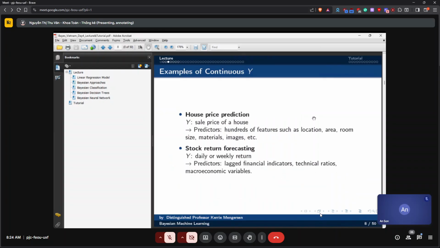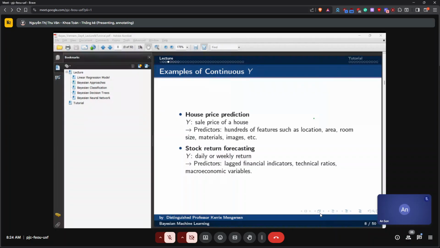So an example of a continuous y, on slide 8, is house price prediction. Y might be the sale price of a house, and our predictors might be many features, such as location, area, room size, materials, images, and so on.